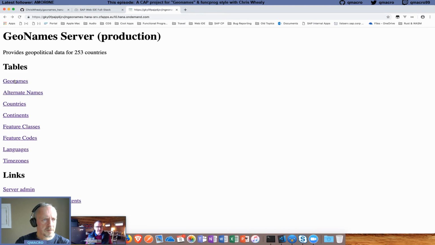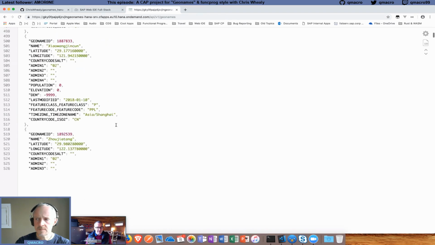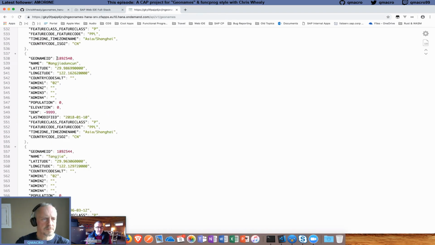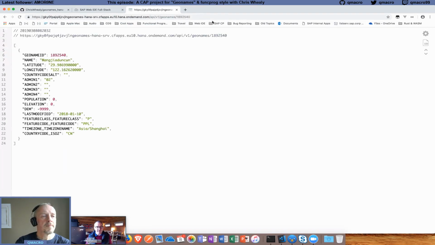So as I said, the bulk of the data is in geonames and alternate names. So let's say you read the geonames table, let's just pick one item at random, like that. If I stick slash and then the geoname ID, so this is the key of the field, and I can just press enter and I get that single entry back. So if we go back to our qcrud concept, I've just done a read as opposed to a query. Yeah. Knowing this ID, I could look up in the alternate names table and find all the